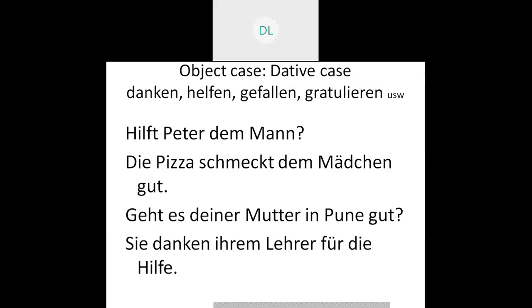For the object case, I am using the dative. Now, in the earlier slides, we discussed that for the object, I'll be using accusative, and here I am